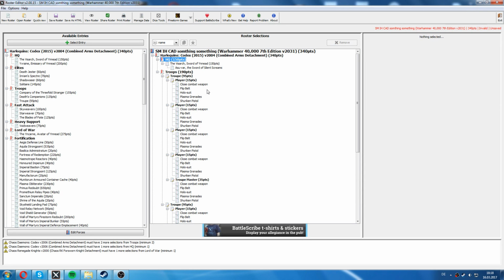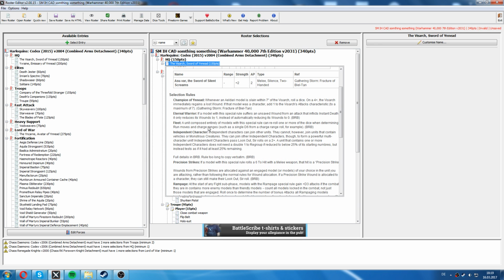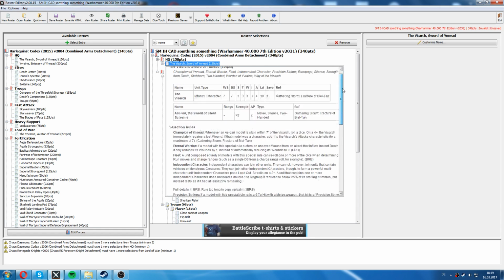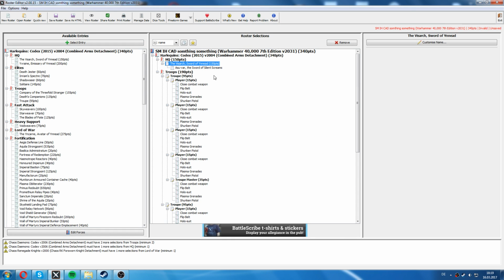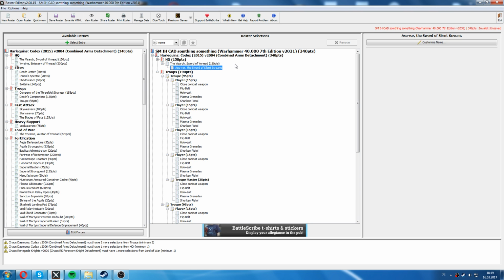That's nothing interactive though. The Wizard himself does not have anything here if I click on him. However, if you hover over his name, it will show his rules. And I mean all his rules. This is the special rules, his profile, his war gear and his selection rules, and you can scroll down here and see what he has. You can also go down here in the next drop down and look specifically for that sword, for example, so